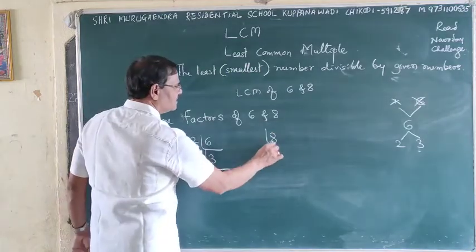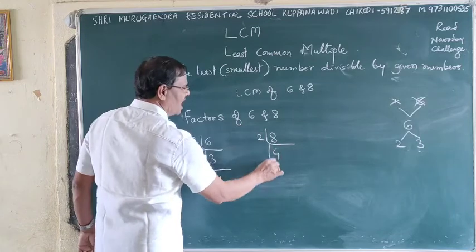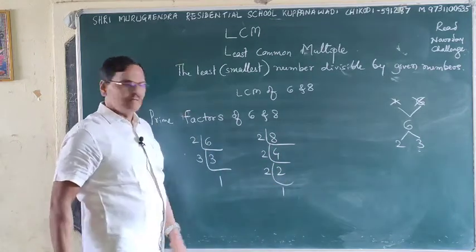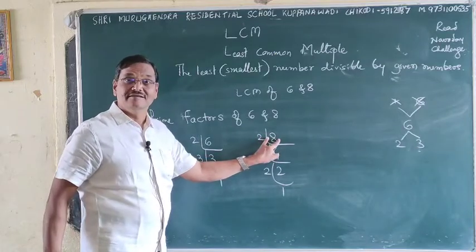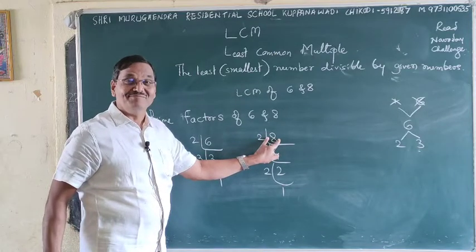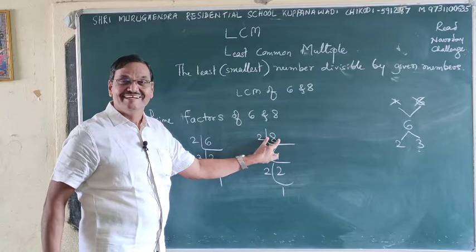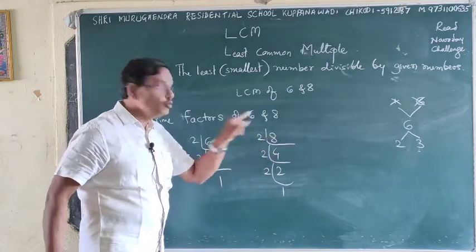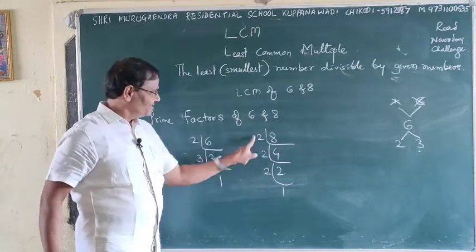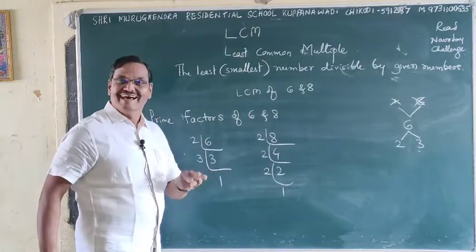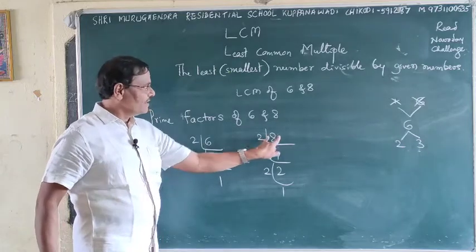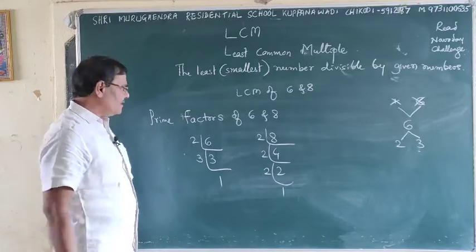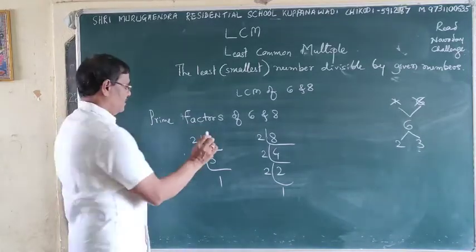8 is 2 4s are 2 2s are 2 1s are. What kind of number is it? It is a cube of 2. See, 2 or 3 are there, the same numbers. It is a cube number, so the same numbers came. Then what is common here? That should be rounded.